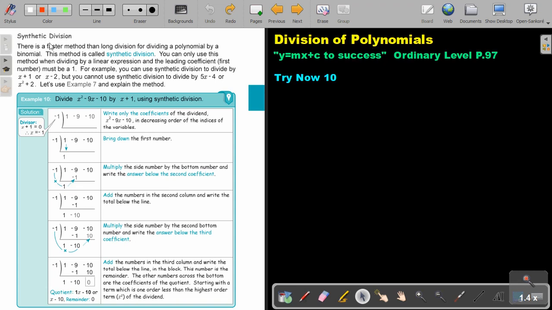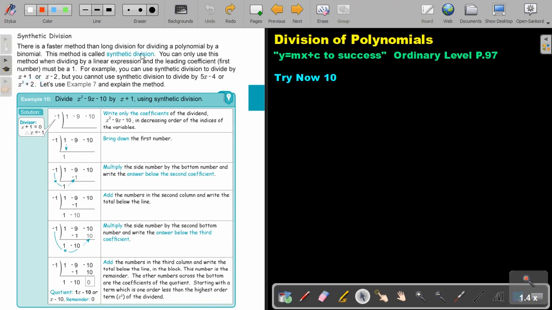Synthetic division. There is a faster method than long division for dividing a polynomial by a binomial. This method is called synthetic division. You can only use this method when dividing by a linear expression and the leading coefficient, the first number, must be a 1. For example, you can use synthetic division to divide by x plus 1 or x minus 2. So that means the coefficient must be a 1, but the index must also be a 1. But you cannot use synthetic division to divide by 5x minus 4, you see it's not a 1, or x squared